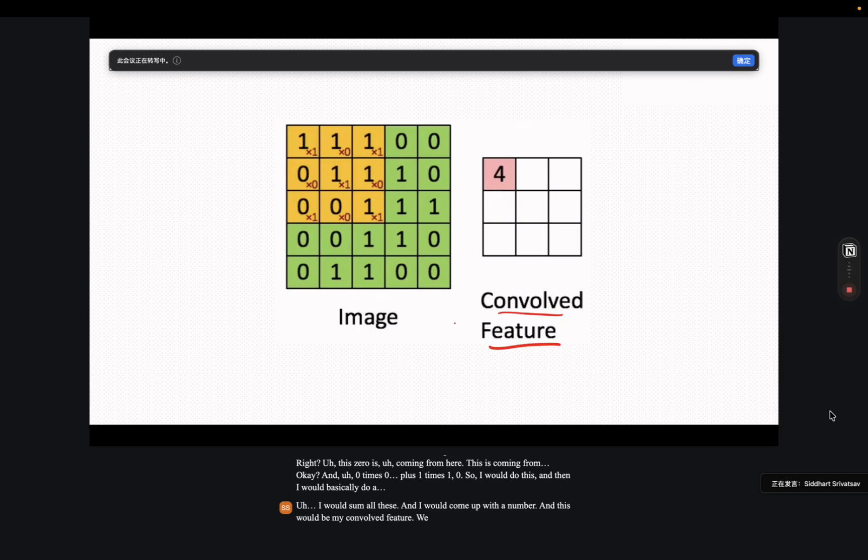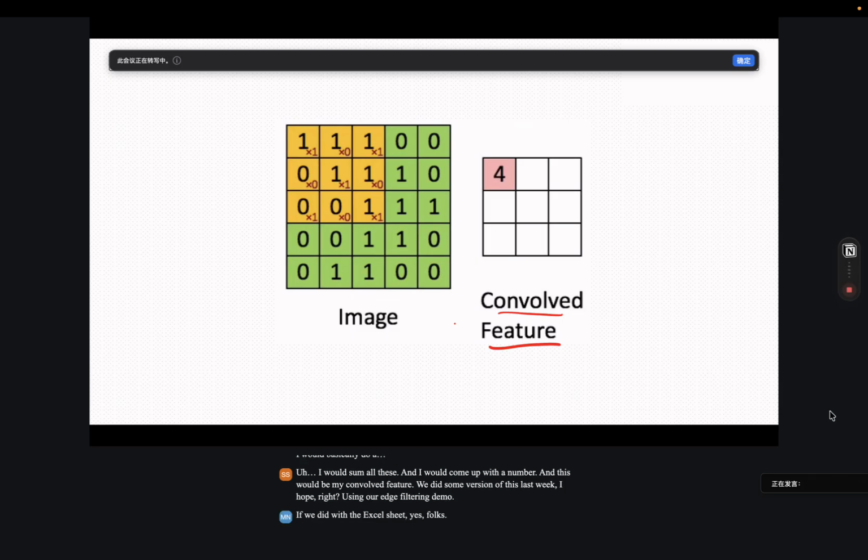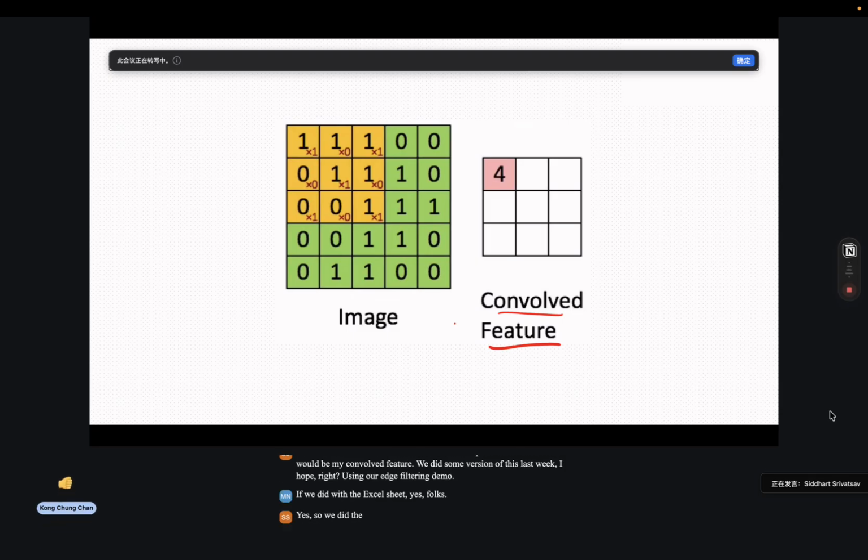We did some version of this last week, I hope, right? Using our edge filtering demo. We did with the Excel sheet, yes, folks. Yes, so we did with the Excel sheet. So I'm not going to